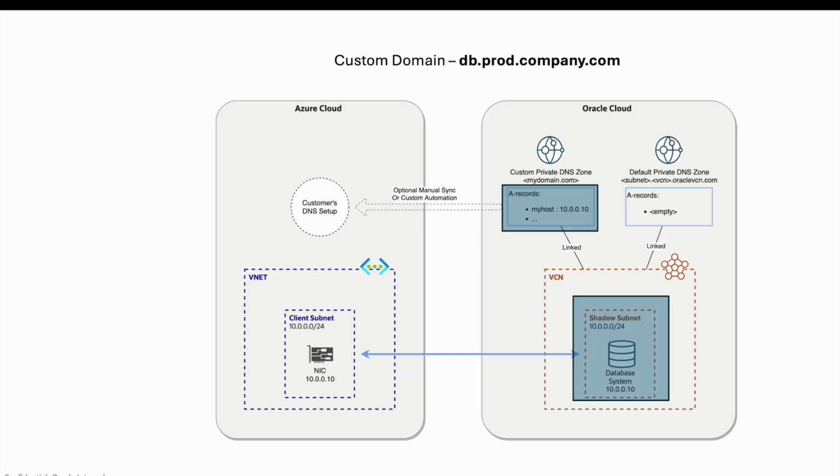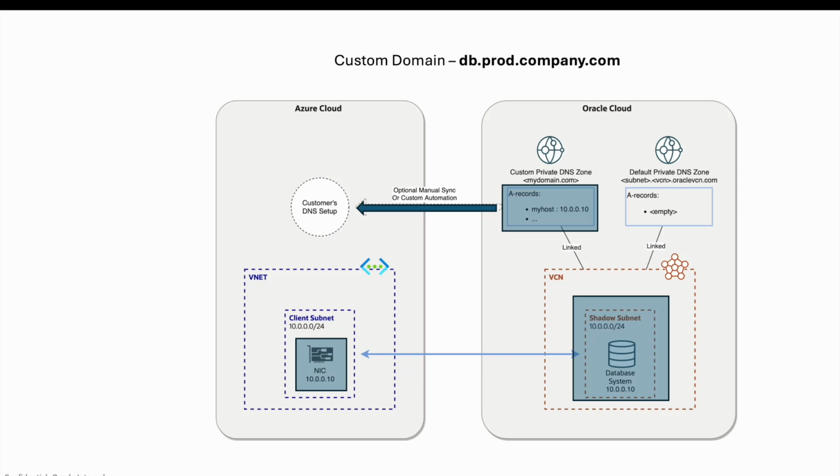Now, how do clients resolve? Azure clients still use the customer's DNS infrastructure. Customers can manually synchronize or automate copying these OCI records into their corporate DNS so the VM in the Azure VNet can resolve the custom FQDN of the Exadata database. So if we checkmark the custom FQDN option, all Oracle Database at Azure resources use your own DNS domain. OCI holds the authoritative records for the database, and you stay in full control of how those names are exposed